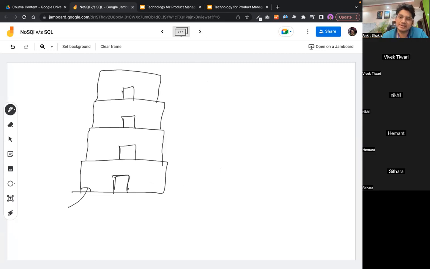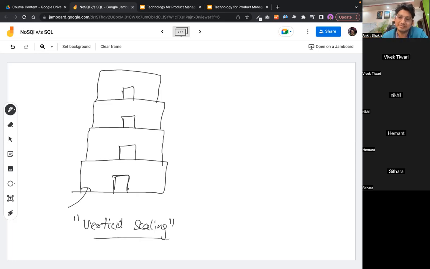So you will go ahead and do so. So vertical scaling is what we are talking about. Okay, this is vertical scaling. In vertical scaling, we try to upgrade the quality